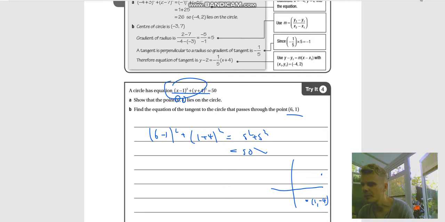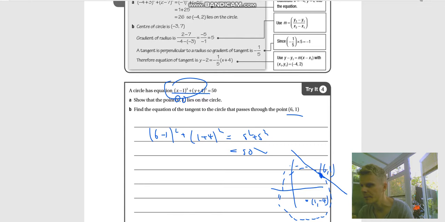Welcome back. So we draw this out, roughly, a circle, there we go, so that's our circle. So there is a tangent, which is a straight line that touches the circle just once, that goes through the